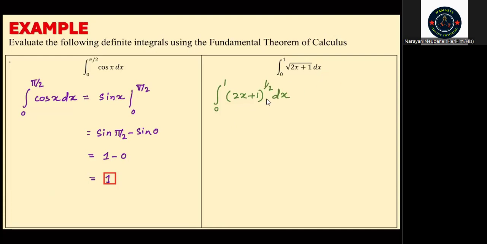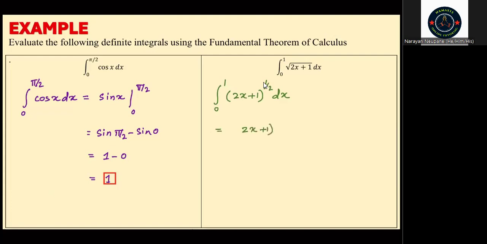So if you look carefully, we are integrating a composite function. Your outside function is a square root function, and inside function is a linear function. So if you are integrating a composite function with the inside function linear, then you can use the reverse chain rule, meaning you evaluate the integral, keeping the base, using the power rule because there is a power there. So that will be equal to